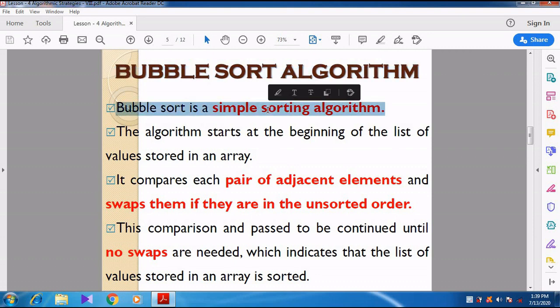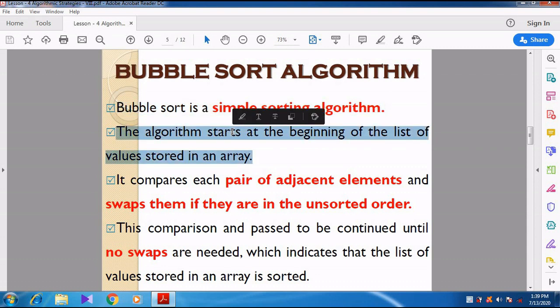The bubble sort algorithm is a very simple sorting algorithm. How does this algorithm work? The algorithm starts at the beginning of the list of values stored in an array.